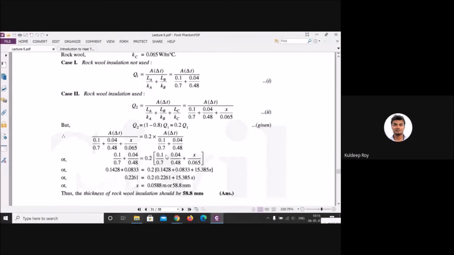What is the answer? Somebody was saying he has solved, but he has not responded. What is her name? Vandana. 0.058, 8 mm. Okay, Vandana, I have already mentioned your name. Only four candidates have solved. Nidhi, Vandana, Ayushi, and Aarti Gupta. Correct? Sir, I have also solved. Okay, then solve.